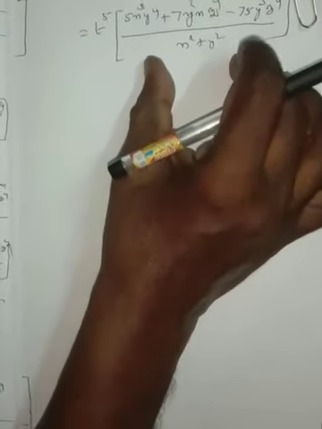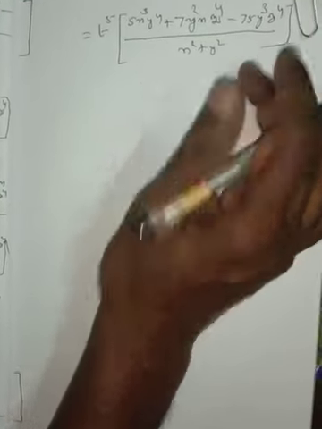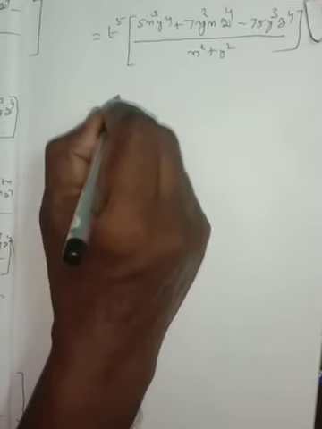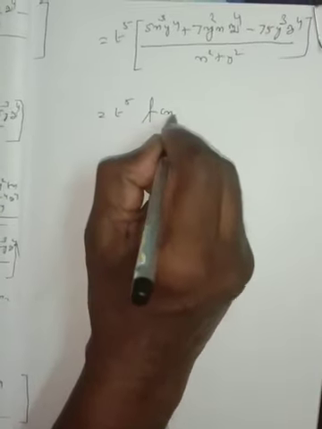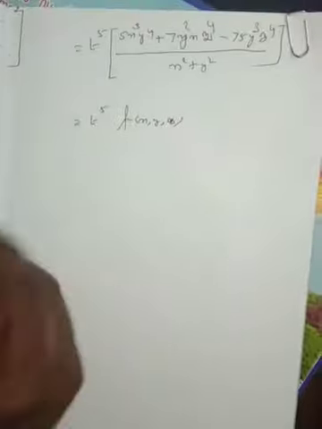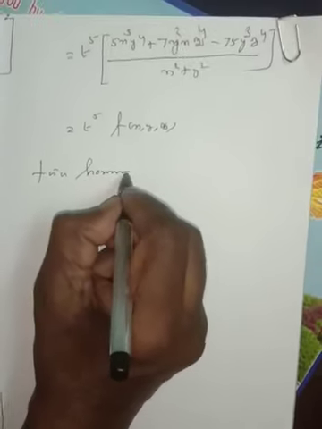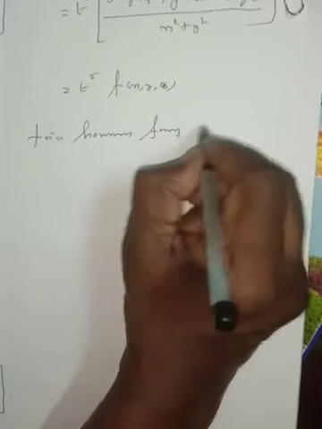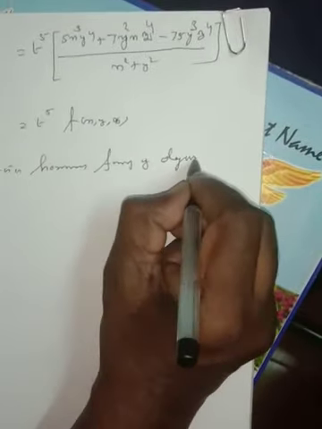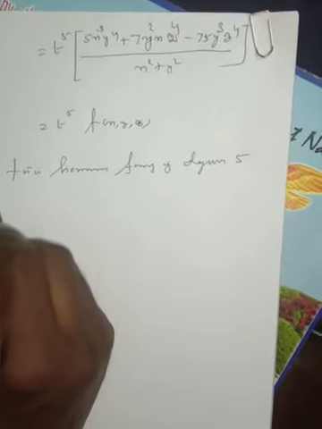This bracket is f(x, y, z), so f(tx, ty, tz) = t⁵ f(x, y, z). f is a homogeneous function of degree 5. Then by Euler's theorem,